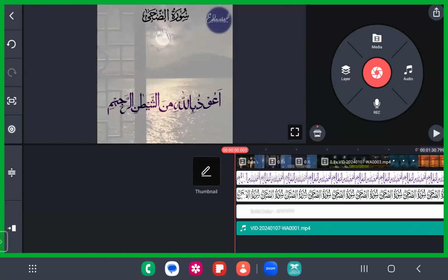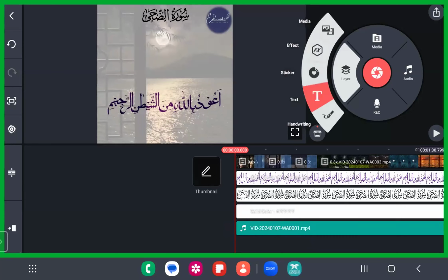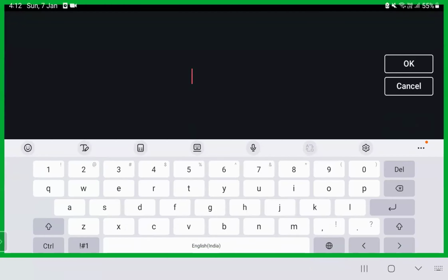Okay, no problem. So, chalo bismillah, we are just going to create a text layer now, right? To write something, the translation of this, create a text layer. Bismillah. I want you all to create a text layer now. Fine. What is the translation for A'udhu billahi minash shaitanir rajeem? Yes. I seek refuge in Allah from the Satan, the accursed, right?